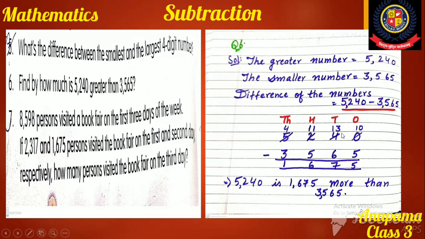Now here 3 is left. So again it is not possible to subtract a bigger number from a smaller number. So again we will take a borrow from the hundreds column. Okay. So 3 becomes 13. So now we can subtract 6 from 13. So when we take away 6 from 13, then we will get 7. Write down 7 in the tens column.